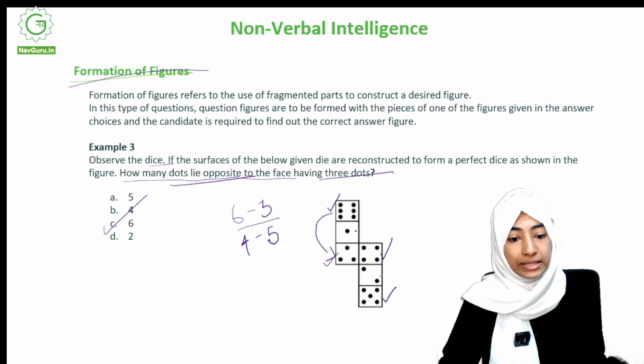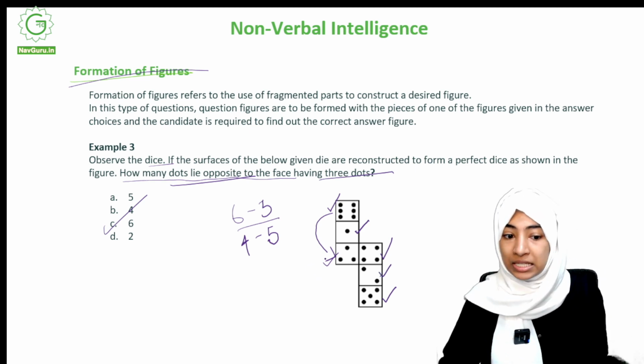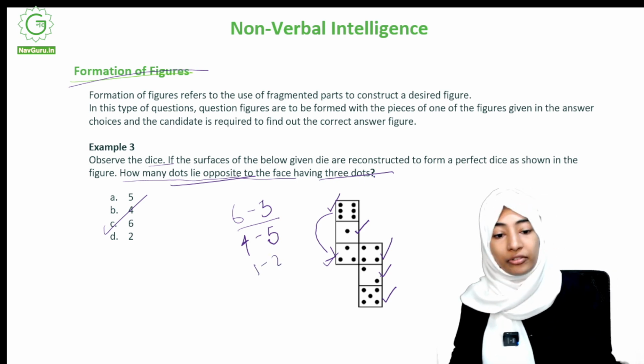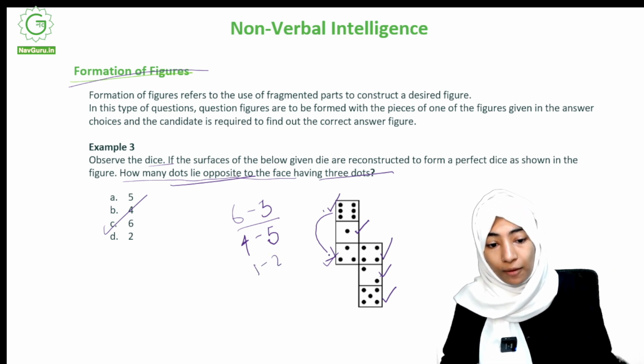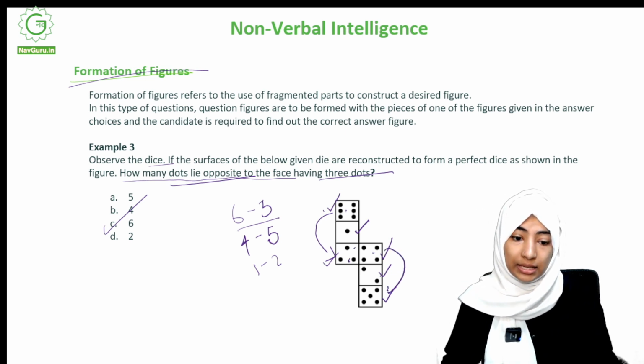Now the only two left are 1 and 2, right? So 1 and 2 will also be opposites. So that's a very easy way of finding out the opposites. Just start from the beginning, go to the alternate option, and that and this will be opposites. Then go to the side, and this and the alternate option will be opposites, and then the ones that are left,